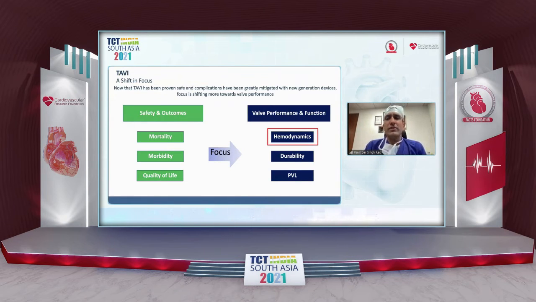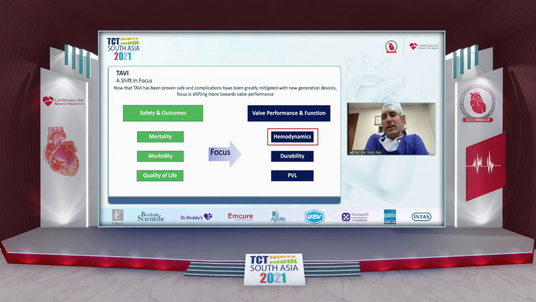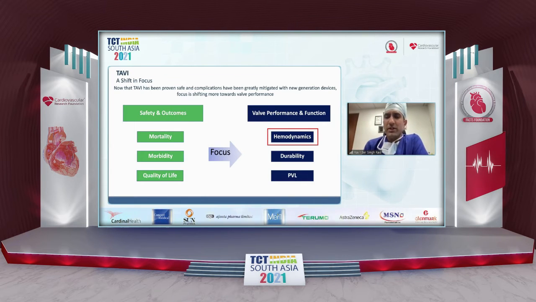So now everybody knows that the majority of the problems with TAVI have been fixed. Just a few things still remain to be fixed in patients. One is stroke, and another one is pacemaker. And pacemaker rates are still coming down to single digits, but the most important thing is the durability and the